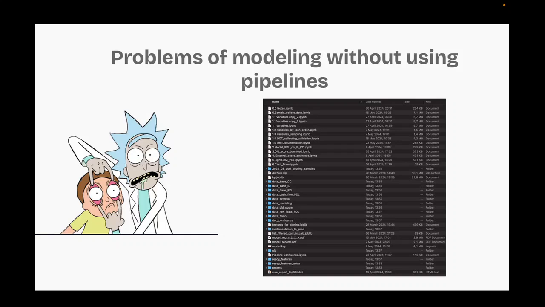And if you inherit such a project from a former colleague, especially when deadlines are tight, it's a nightmare. Version mismatches between Python and libraries only make things worse. To avoid this, we need a standardized project structure for a team that remains consistent across all models and stages of development.